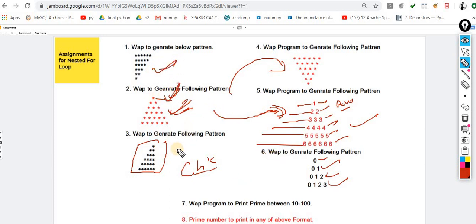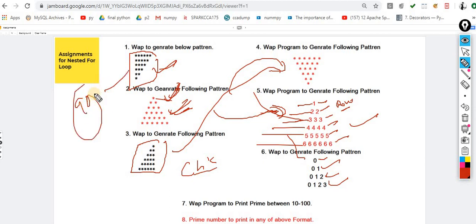These 2 patterns are important. If you are done with these 2 patterns, then automatically all patterns will be done. This is very simple. We already discussed 90% of it. You just have to take care of the reverse loop. Here we will get the same pattern with the help of the reverse loop. Here you have to think about the 3 loops. There is literally only one character difference from this pattern to this pattern, and this is the reverse one. If you achieve this, the other is automatically achieved on the basis of this question.